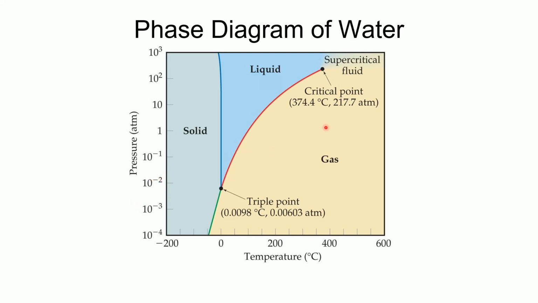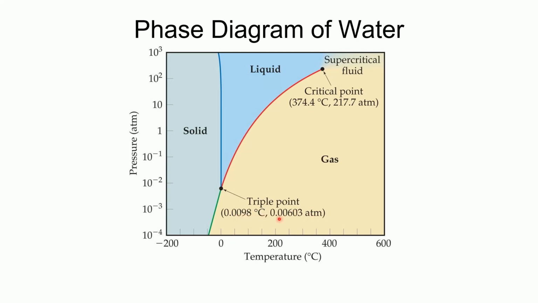But because of the way it's plotted, the curve looks different. So this, instead of curving this way, actually curves this way. But if we plotted it on a normal graph, it would have looked like the other one that we were just looking at. So down here, you'll see the triple point of water,